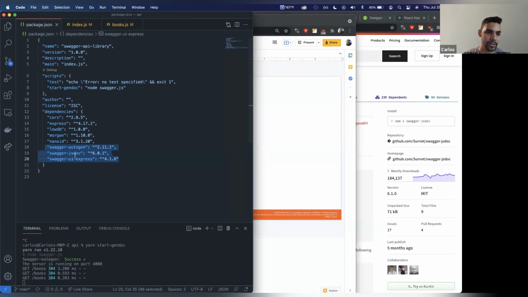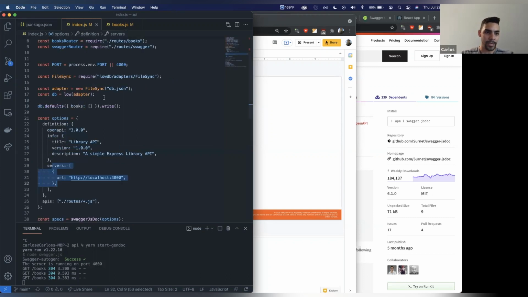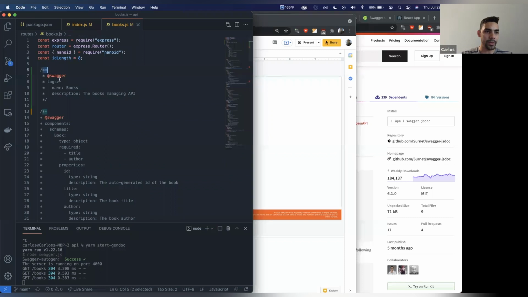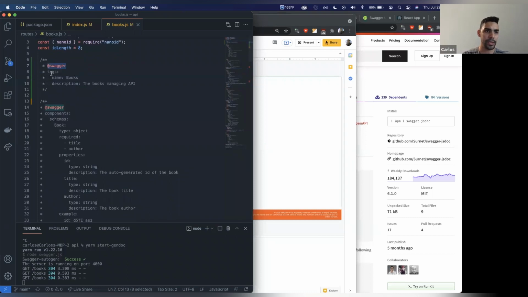So let's start with the Swagger JS Docs. Swagger JS Docs is the package we use for your basically Swagger interpreter, if you will, to be able to read your files and create the documentation based on annotations that you add to your project. Here's an example of one of those annotations. They're just comments with this Swagger keyword. By adding this keyword and the subsequent comments, which are very resembling of YAML,